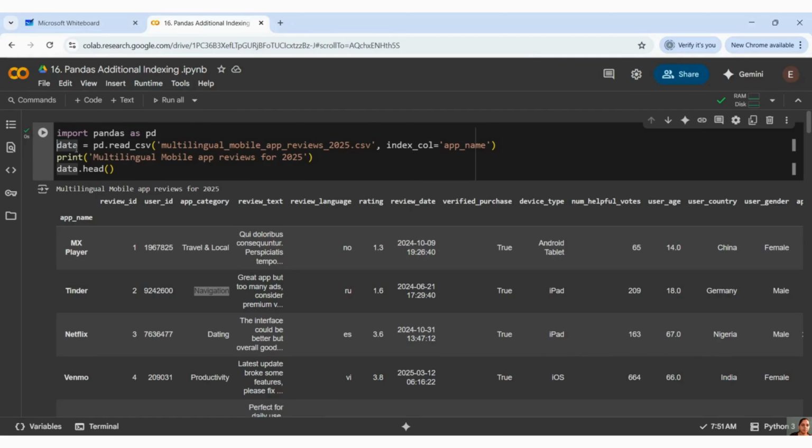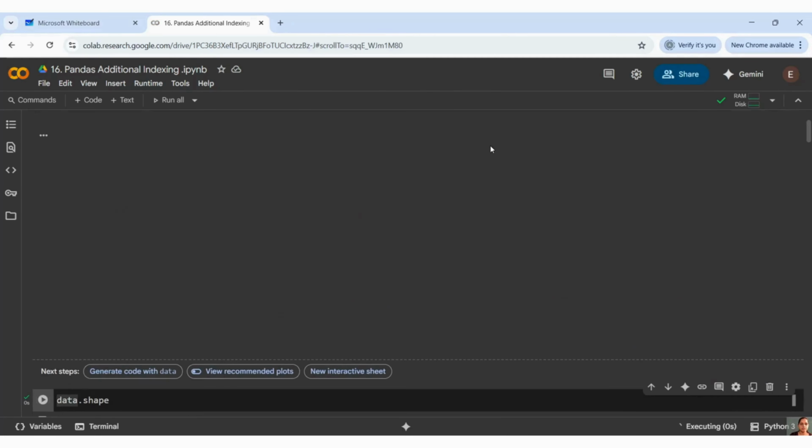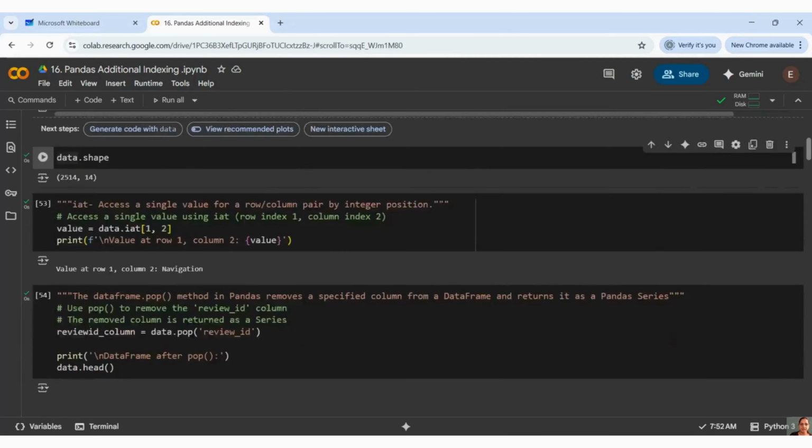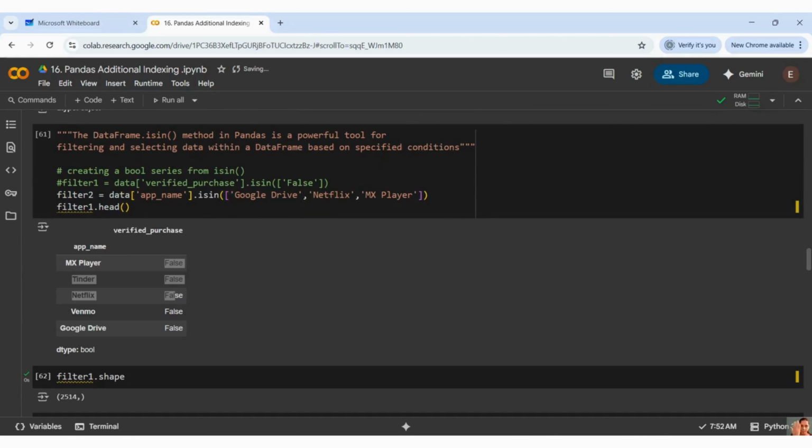Now we copy this and I comment it out, and I want to modify my text back to the original one, and then I will go back and print my head. So here I'm saying that my app name should be there, and whether Google Drive, Netflix and MX Player are there or not, based on that it should filter out.